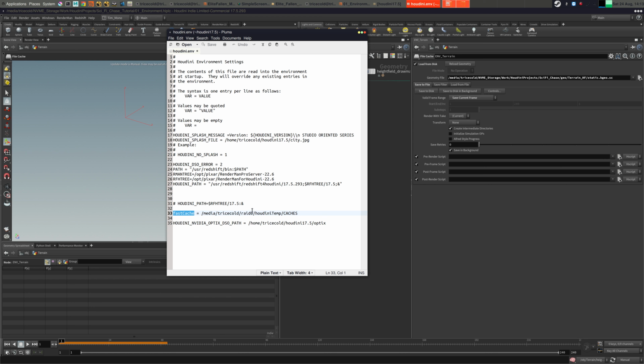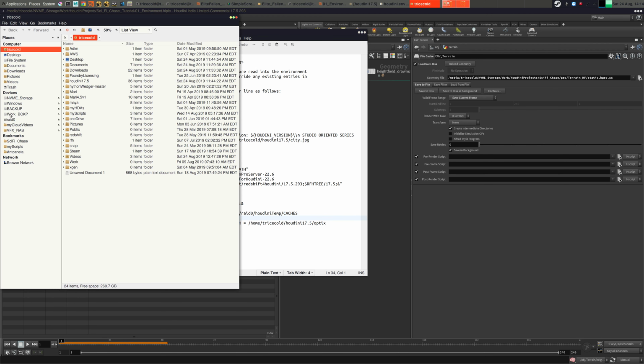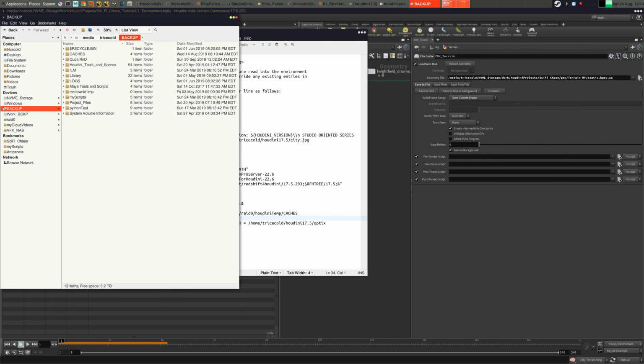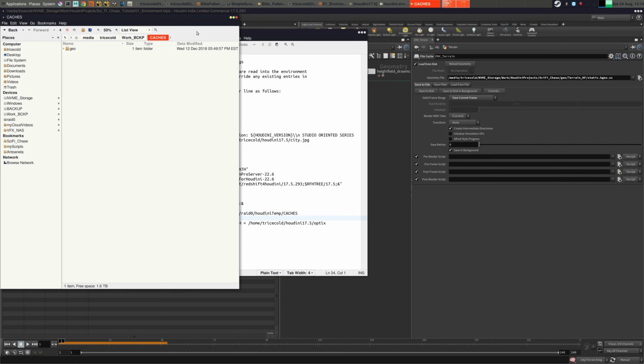That's my really fast hard drive that I use for quick caching. Then you can have some other paths. This is where I usually keep my big caches, so I can copy this path